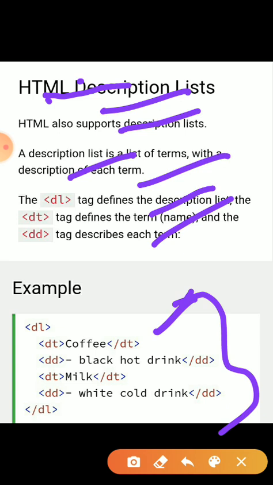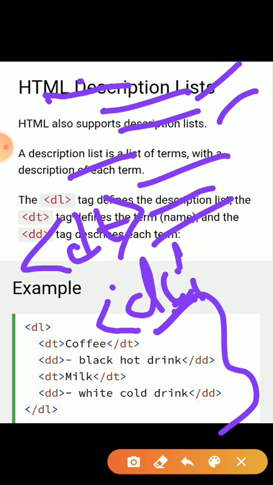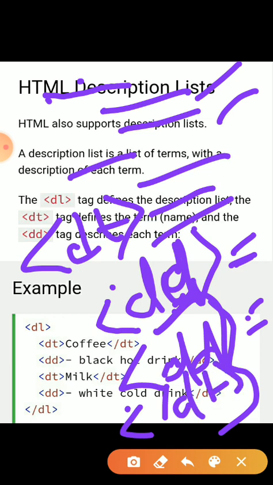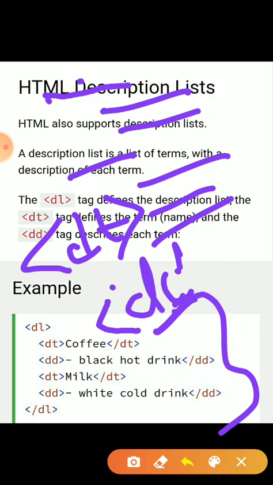Inside the dt tag, first you write the item you want to describe, and if you want to define two items, then in the dd tags we give our content, and again another dd tag with content. Then close the dt tag, then open the dt tag again, and 3 times we give the dd tag.